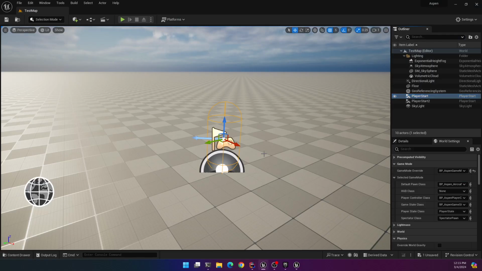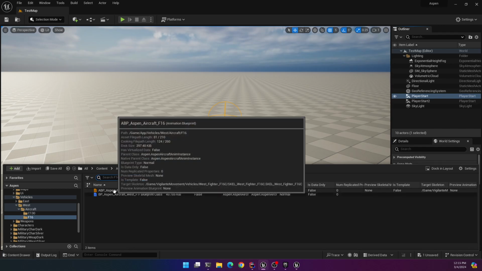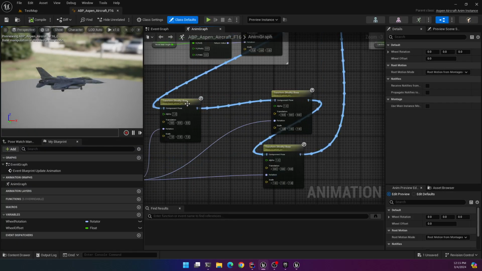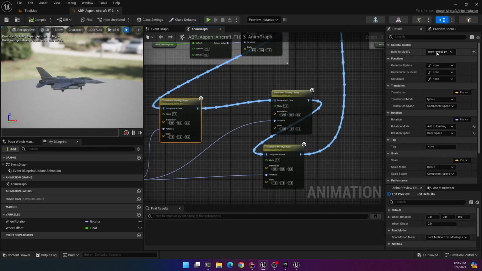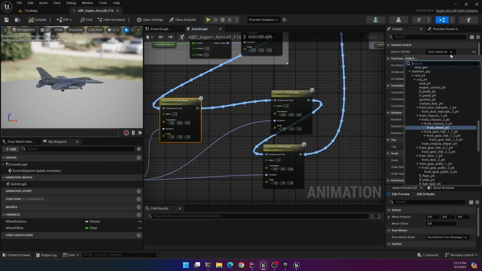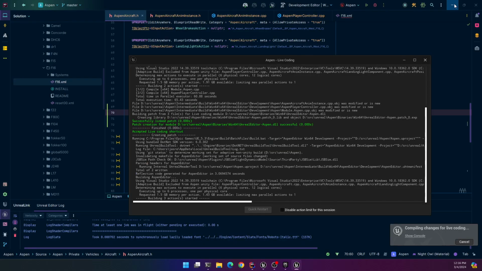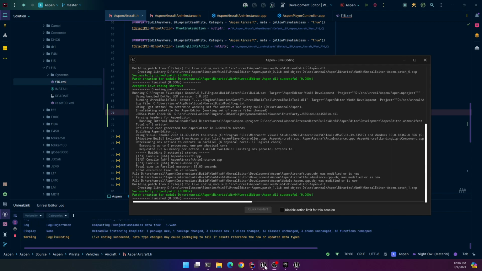What I need to see if I can do, not even sure if I can do this, in the animation blueprint, I need to see if I can make bone name a variable that I pass in. And I sure don't see a way to do that. Okay, maybe it doesn't matter. Okay, now that that's done,